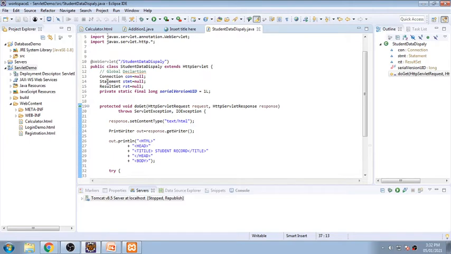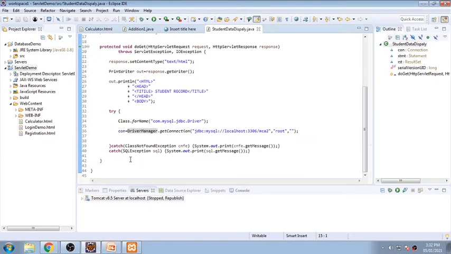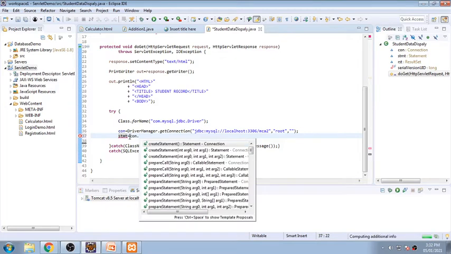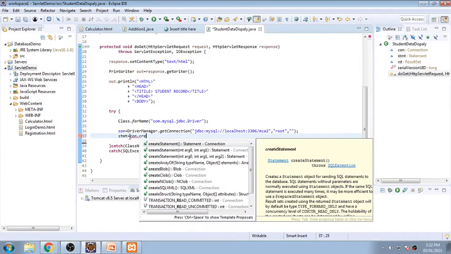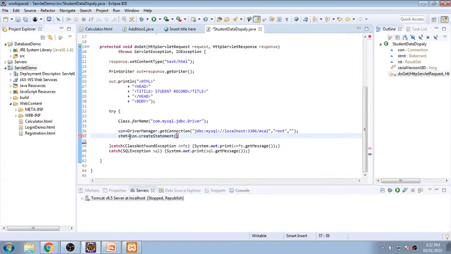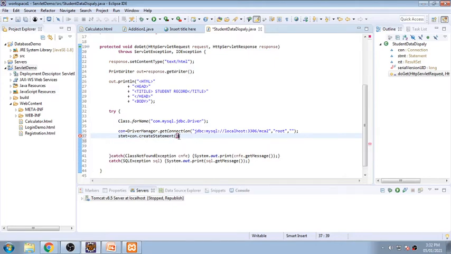Okay, now statement. Now the connection is okay. Now I want to use this statement object, stmt, to fire a query. So Statement stmt is equal to con.createStatement. That's it. Now this statement object is created, and you can use this statement object to fire a query into this database.